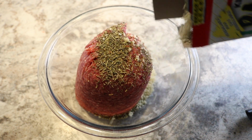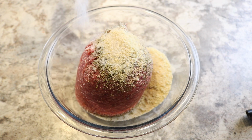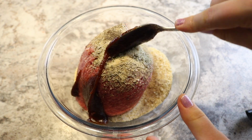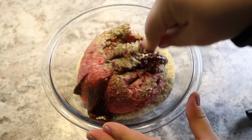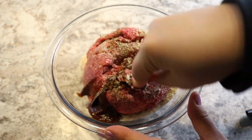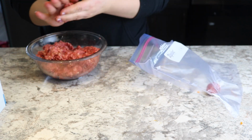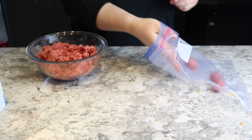To that ground beef, I added in some Italian seasoning and some panko breadcrumbs, onion powder, salt, pepper, Better Than Bouillon paste. Again, this is honestly the key to amazing flavor. It adds so much richness and depth. Then I mixed it all together and formed the little meatballs. I placed them in a bag that I had already labeled as meatballs with the day,